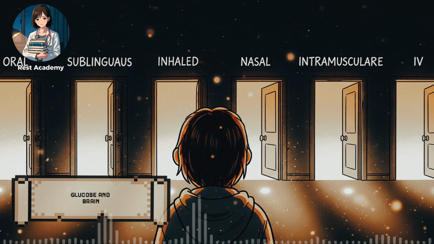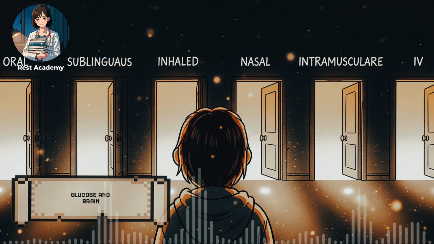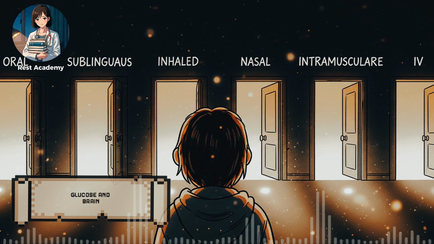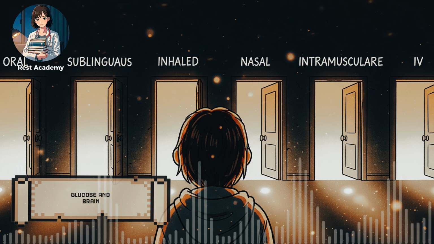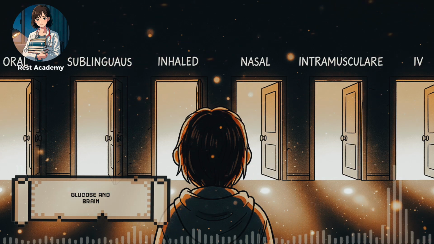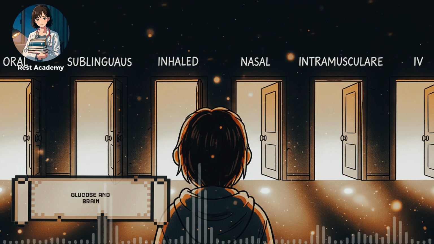Yet one more question opens. Maps show static placement, but real life is dynamic. Drugs enter, distribute, metabolize, clear, and their effects rise and fall with time. How does this temporal rhythm, onset, peak, duration, offset, shape what you observe in patients, and how can it surprise you when one drug lingers longer than another?